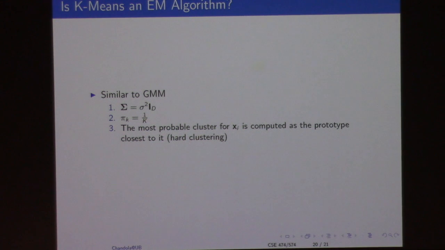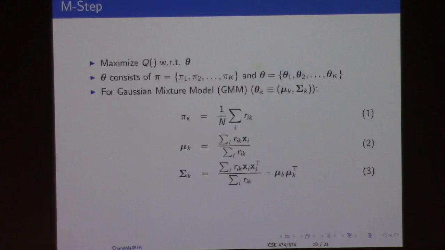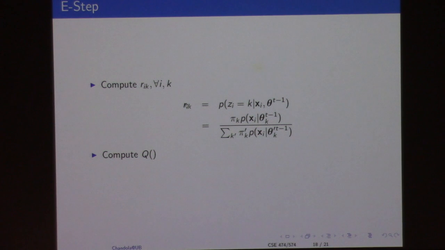So one question one could ask is, what is the relationship between K-means and EM? Because at some level they do look a little similar, and it turns out that K-means can be thought of as a very specific version of Gaussian mixture model parameter estimation. So if you treat your sigmas for each class as a diagonal matrix with some sigma square variance throughout, and if at each step, instead of treating these probabilities for zi to be 1 through k, you convert it into a hard rule saying I'll take the highest value as 1 and everything else as 0, then pi k simply becomes just the number of training examples that are assigned